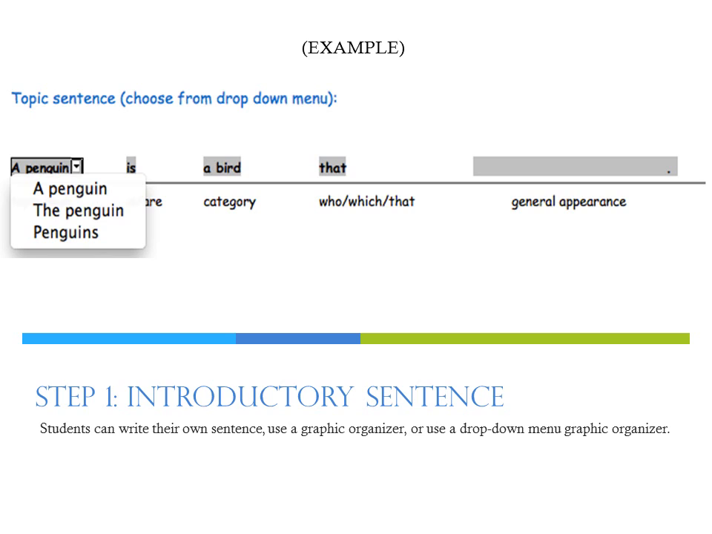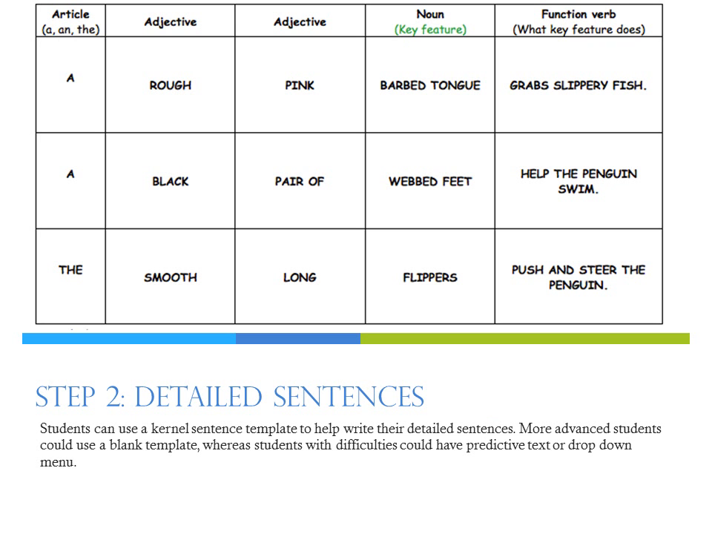For Step 1, writing the introductory sentence, students can write their own sentence, use a graphic organizer, kernel sentence templates, or use a drop-down menu electronic form as shown here. For Step 2, writing detailed sentences, students can use kernel sentence templates as shown here. A more advanced student could use a blank template, whereas students with difficulties could use a drop-down menu, word bar,